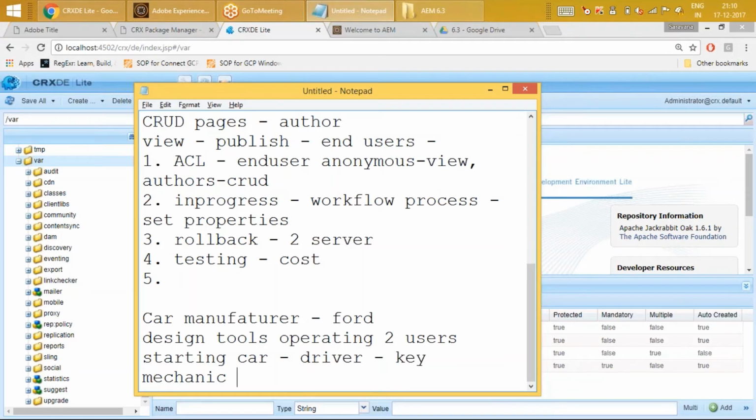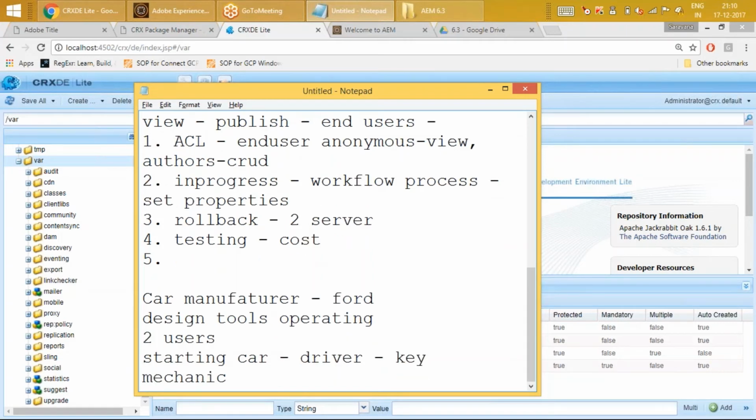So there are two techniques of starting a car. Either I can start the car as a driver, the way everyone knows to start the car, or there is a mechanic way of starting the car also. There are two types of users whom I need to target when I manufacture a car. One type of user is the drivers, the actual consumers. The tools, the way of operating the car exposed to these guys is at a very high level, or abstracted.